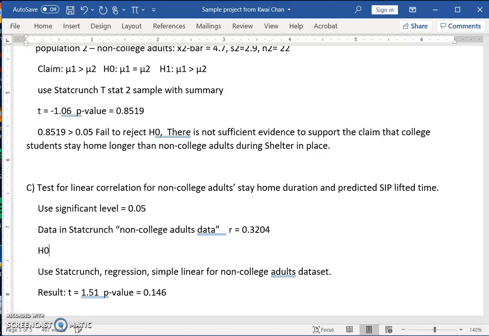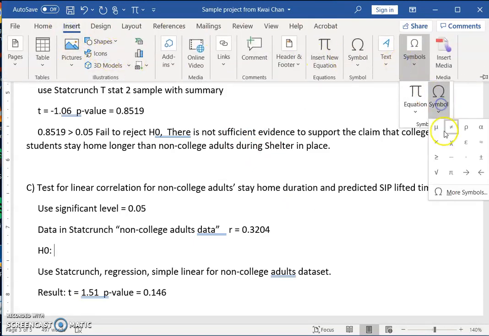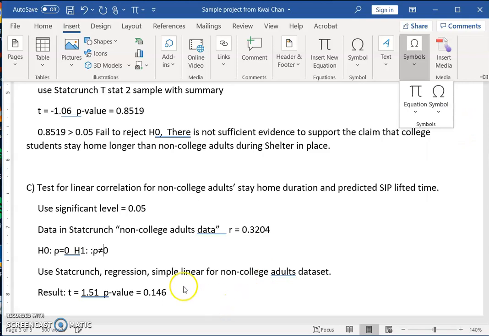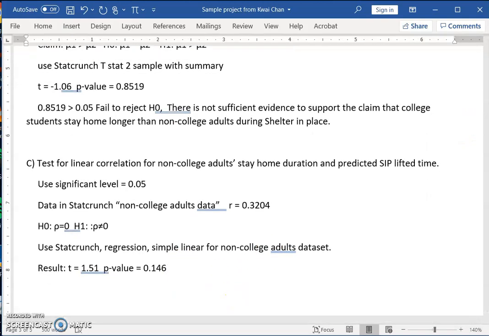And, actually, I should write up the null hypothesis, right? So H0 would be rho. You should write it down. The symbol rho is equal to 0, so assume no correlation. H1 is rho not equal to 0. And then obviously the results show that 0.146 is greater than 0.05. So fail to reject H0. So conclude no linear correlation. So you can write down that there's